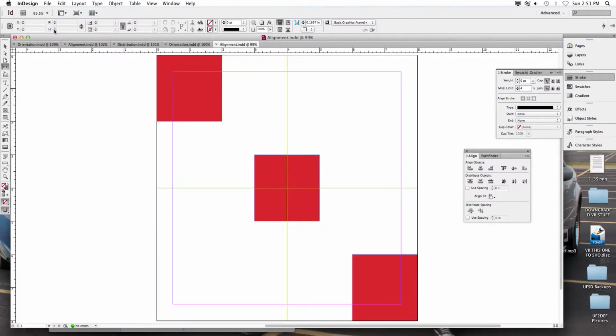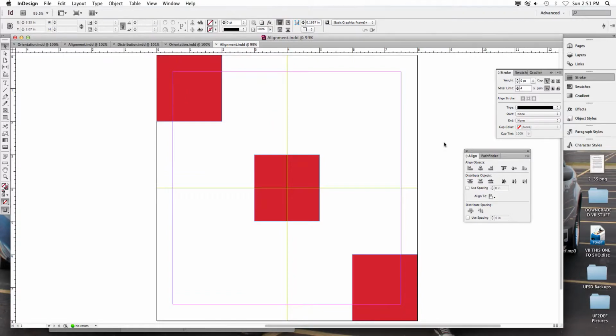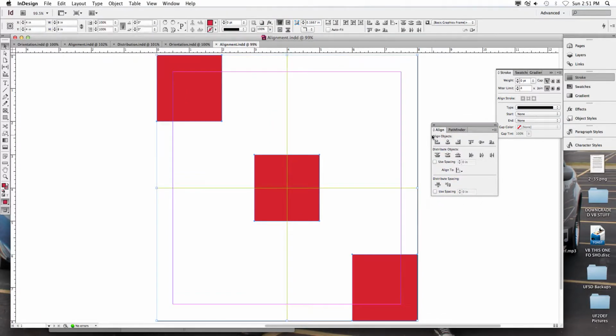Alignment. Go to your selection tools. We got 3 boxes on the document, 3 equally sized boxes, and let's go to Window on the menu. Go down to Object and Layout, and let's go to Align. What that does is that pulls up the Align panel, and then let's do a Command A to select all